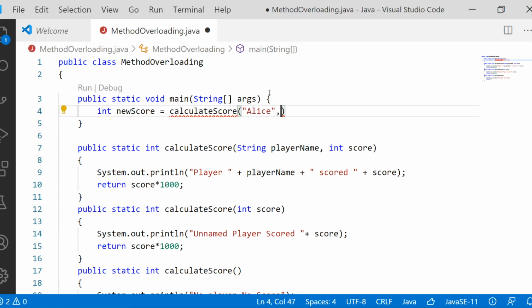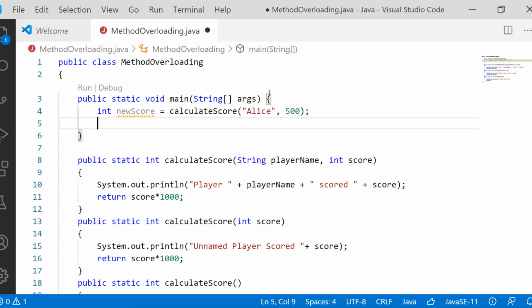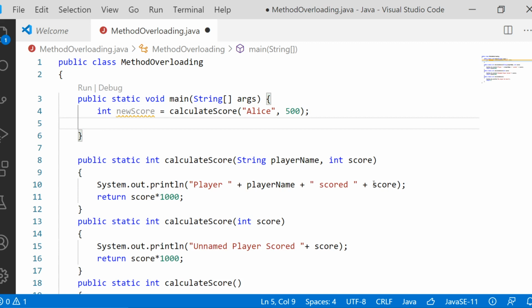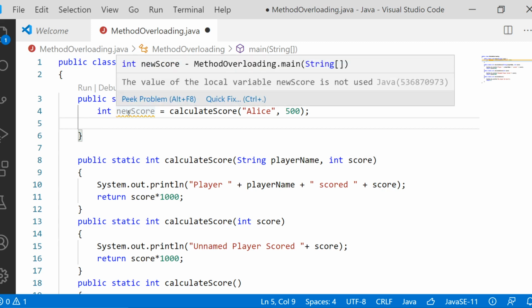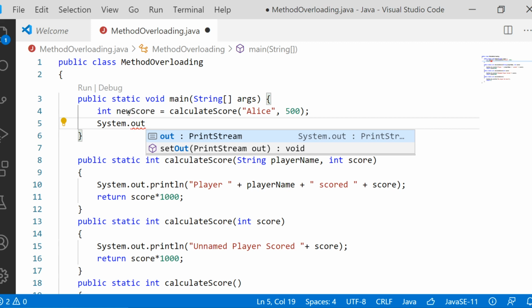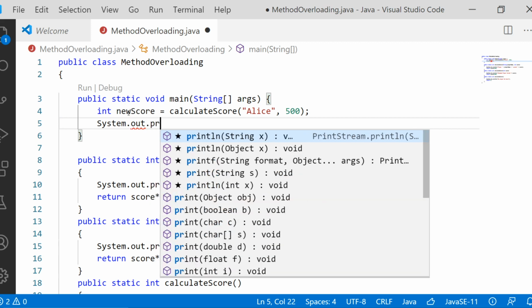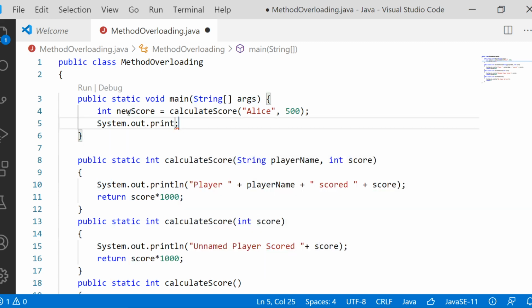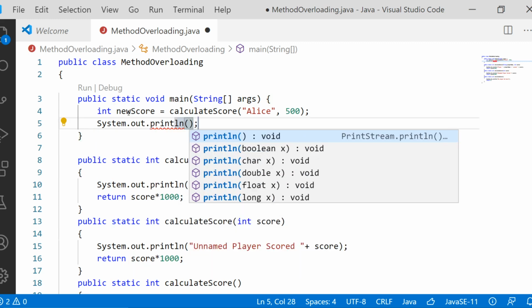Name is Alice and the score secured is going to be 500. Now whatever value is returned by this function, the system dot out dot println also will be executed, and whatever value is returned from here will be assigned to new score, which we can now print.